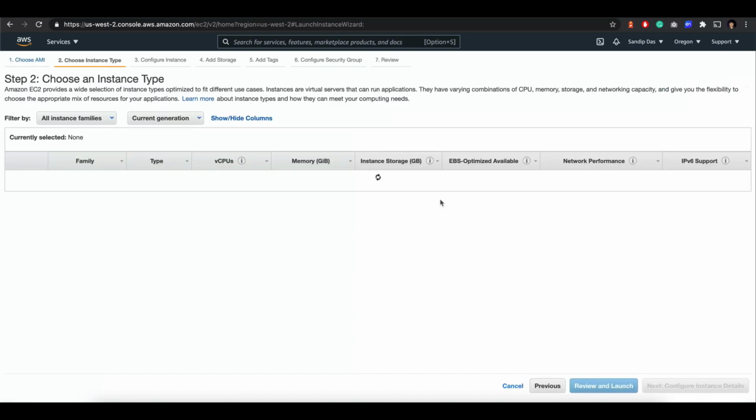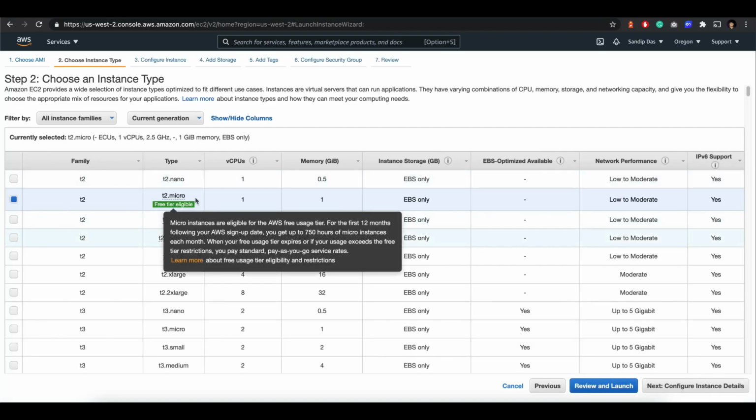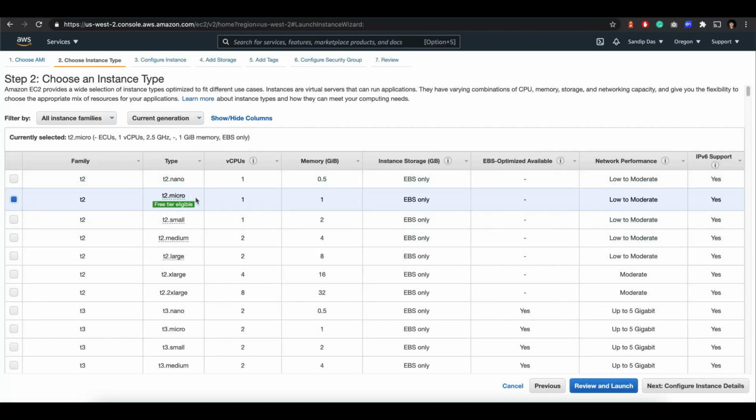Then there will be an option to select the family type you want to choose. Here T2 micro is the cheap one and has a free trial available, so I will go with that.